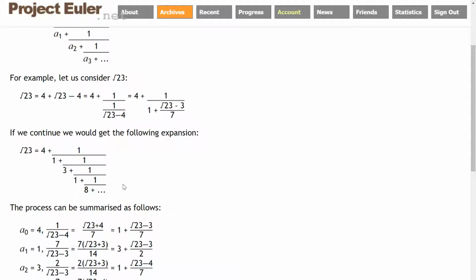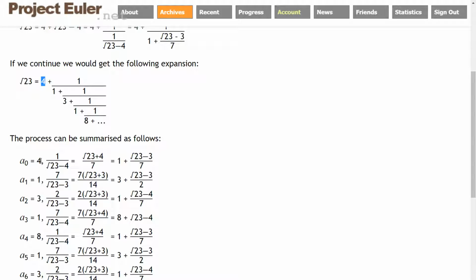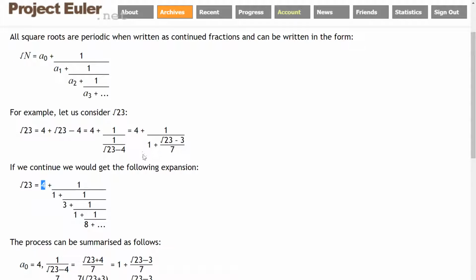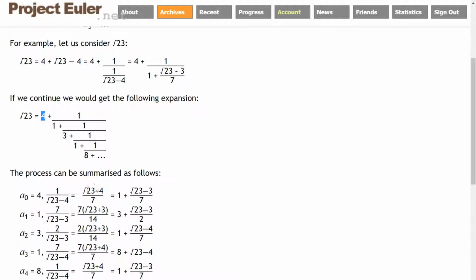I don't know why he picks 4 in particular. Because the square root of 23 is 4 point something. Okay, so if that's why he does it, then here I want to understand why this. Okay, let's try that. And then I found it here. But this is still the thing, 1 over this, and then